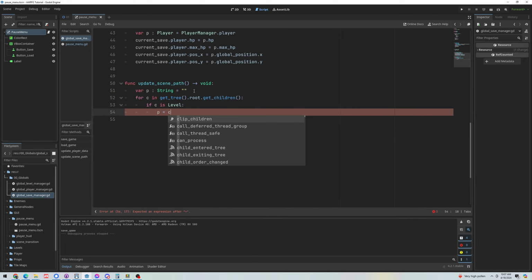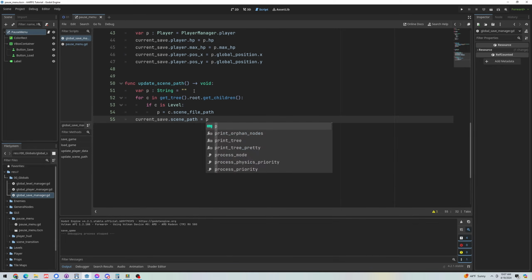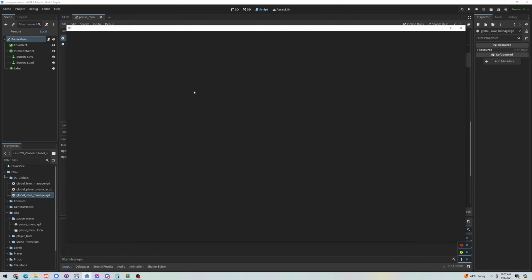So our variable P that we're going to save is going to be equal to the child node that we're looking at. And then there's a variable called scene file path. I love how Godot just stores that in there, so there's no confusion. And then outside of this for loop, we'll just update our current save dot scene path and set it equal to P. So now if we save, run our game,